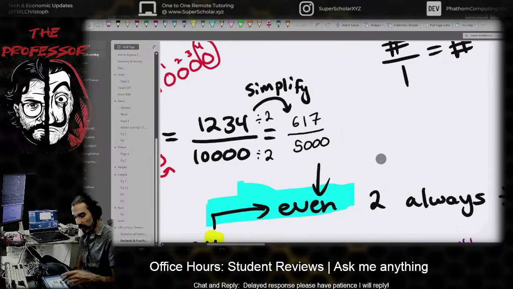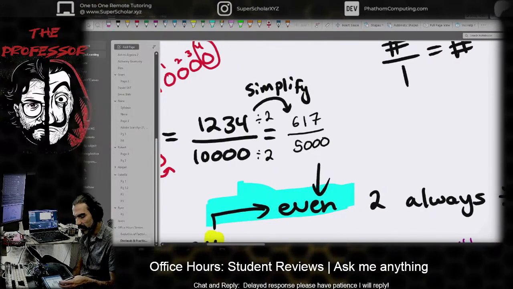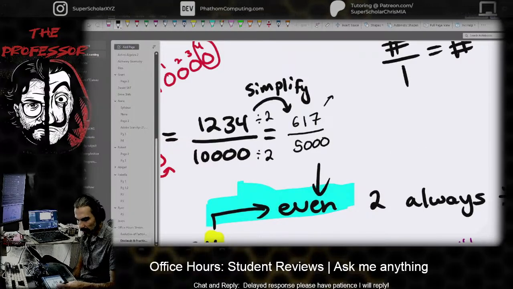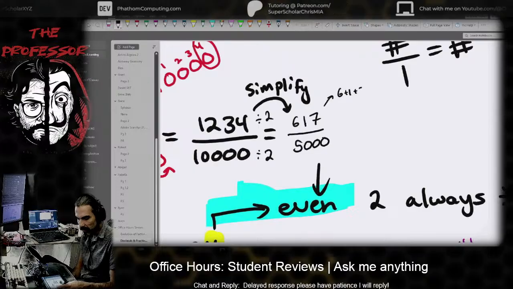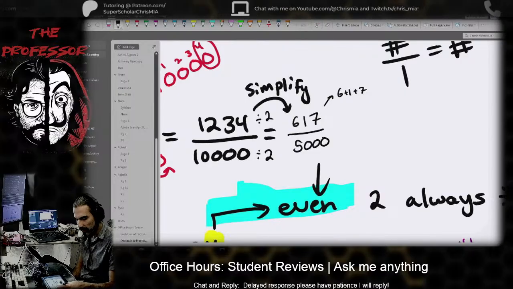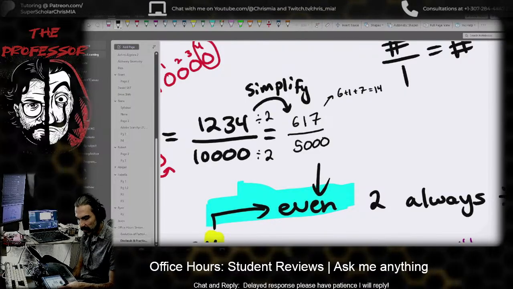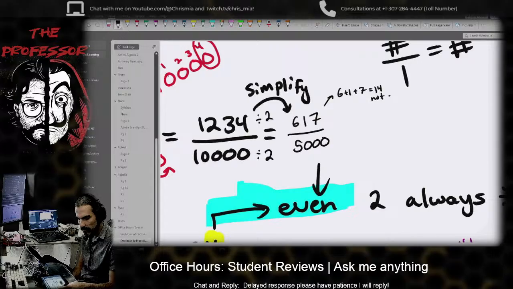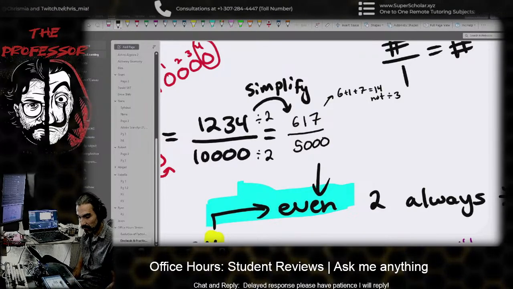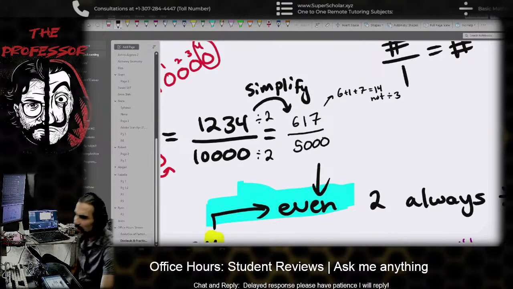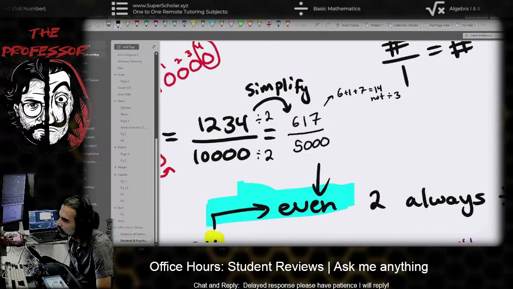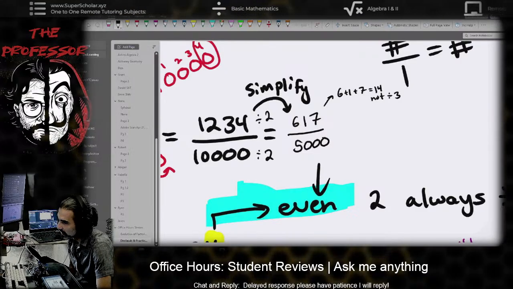And here, well, since it's an odd case, what we can do is test out 6 plus 1 plus 7. Unfortunately, that's going to be 7 plus 7, which is 14. And 14 is not divisible by 3. So it kind of sticks. Would there be anything that's divisible? It might be a prime, honestly. So testing out on the calculator.